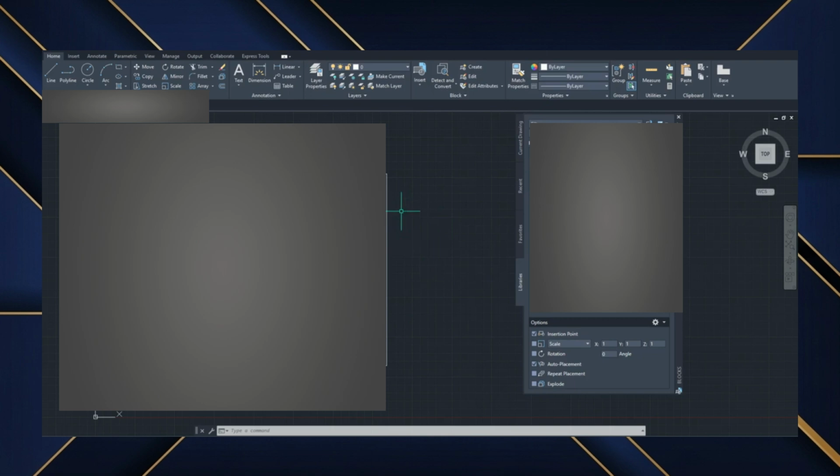Next, choose the block you want to insert, then specify the insertion point, scale, and rotation if needed, before placing it into your drawing. You can repeat this process to insert as many blocks as required, without redrawing the same